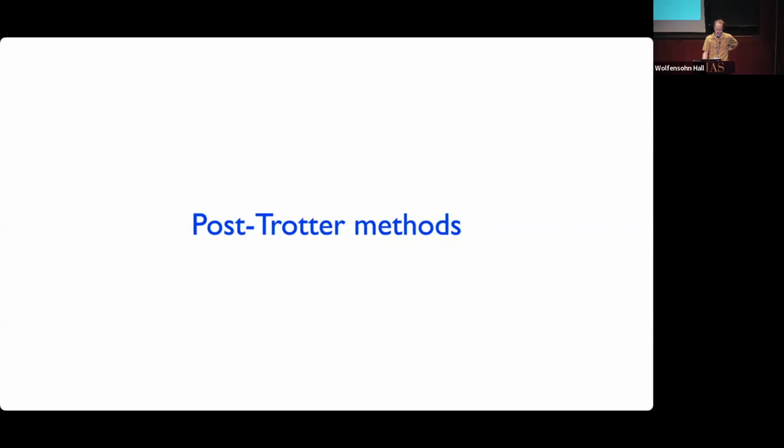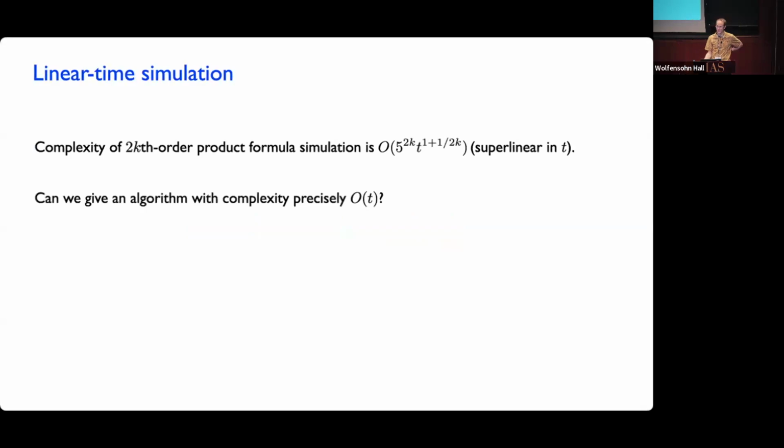Okay. Right. So we have these algorithms which get, in some sense, close to simulating dynamics for time t with a number of gates that's linear in t, but not quite, right? It's t to the 1 plus delta, and as we saw, you can't take delta to 0 very fast because of this exponentially growing prefactor in the cost of implementing these higher order approximations. And so a natural question is, can we give an algorithm that just has complexity linear in the evolution time? Somehow it would be very nice to be able to do that. Somehow it feels like it ought to be possible.